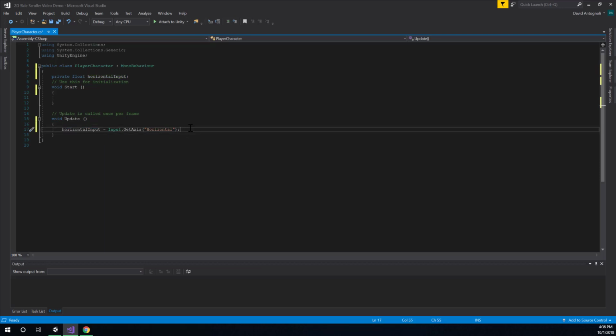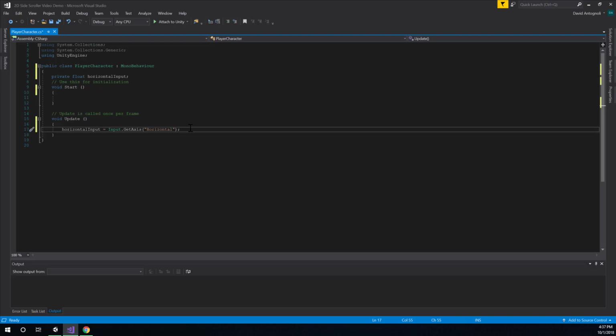There's a lot of different ways we can move the player around, but because we are setting up our character controller to use the built-in Unity physics system, I want to use a function called AddForce to move our player. And this way our player can interact with the various other elements of the built-in physics simulation